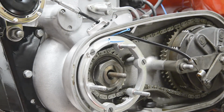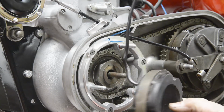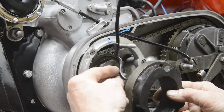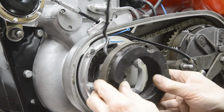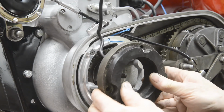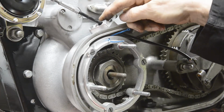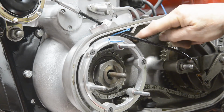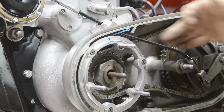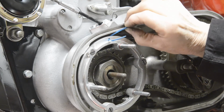So now we come to the next problem. It's been problem after problem, and that is this: how stiff, well, it's not the wires, how stiff the outer coating gets on these. So that's going to go on that way, and we've got to get it to come out of this hole. It's got to come out the hole at the back, unfortunately not the one at the front, because the cable's got to go in that one, or the cable's going to be rubbing on here, and it's going to be a nasty curve. So what I've done is I've drilled a little hole in that and put a little cable